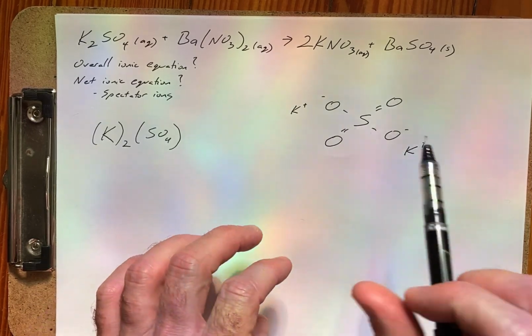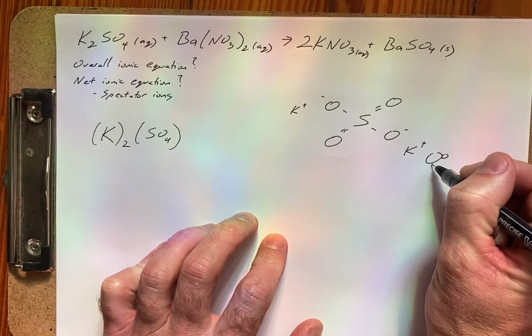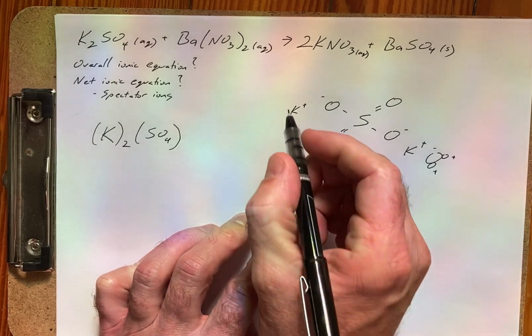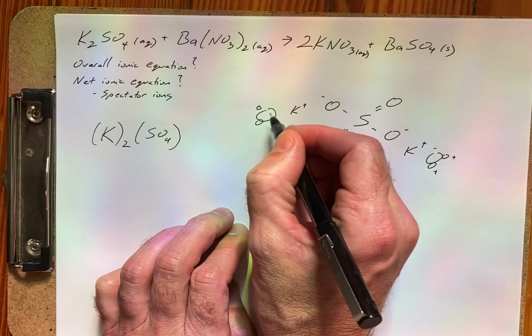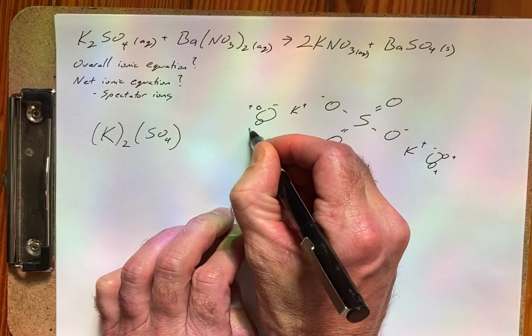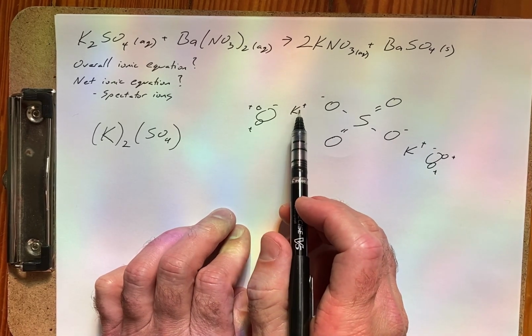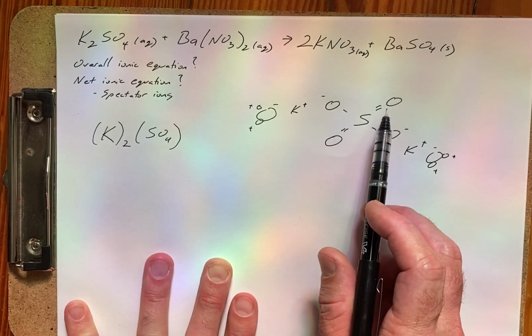When you dissolve this in water, some water molecules can come along. Here's a water molecule. The oxygen side is negatively charged. The hydrogen side is positively charged. Here's another water molecule, the oxygen and two hydrogens. The oxygen is negatively charged, the hydrogens positively charged. And that's going to be enough to pull these potassiums away from the covalently bonded oxygens